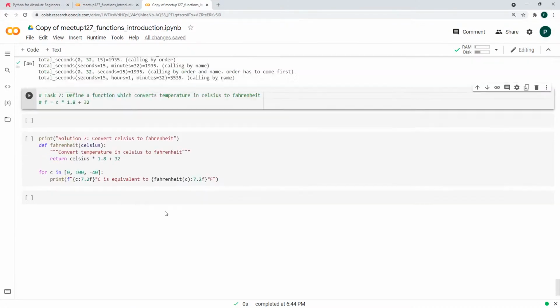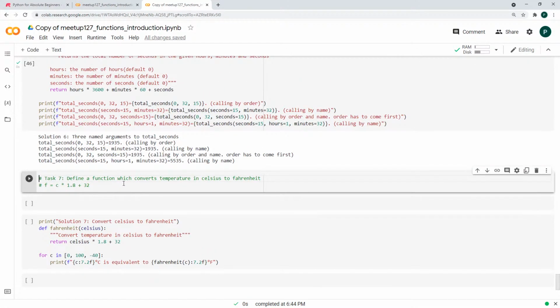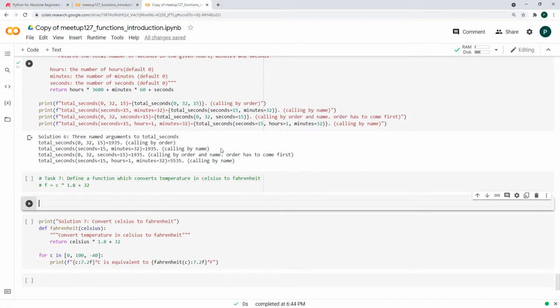So what are we going? Well, one more task. All right, define a function which converts temperature in Celsius to Fahrenheit. Okay, pretty easy. So let's see, define Fahrenheit, and we'll take a value which is in Celsius,